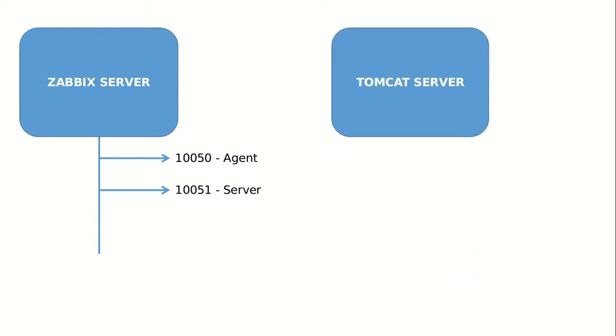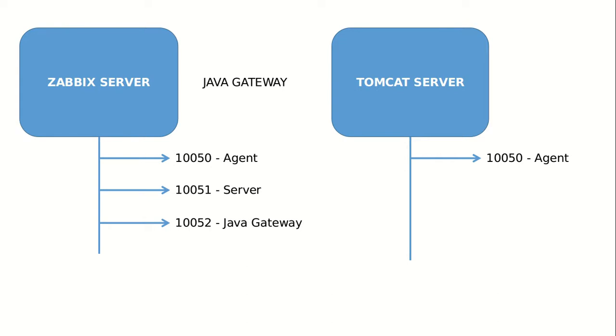So I'm going to have a Zabbix server. For this we are going to have our agent, which is on 10050, and my server is going to be active on 10051. Then we are going to have a Tomcat server, which is my remote machine, and here again we are going to install an agent, which is already present. In the last class we already installed the agent. I'm going to use the same thing, and for this to work you will need to install a Java gateway. So we have a Zabbix Java gateway that you will need to install on your Zabbix server. Now this Java gateway will run on port number 10052.